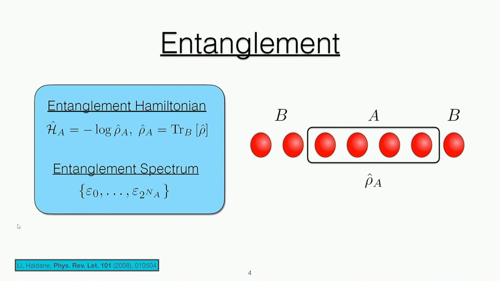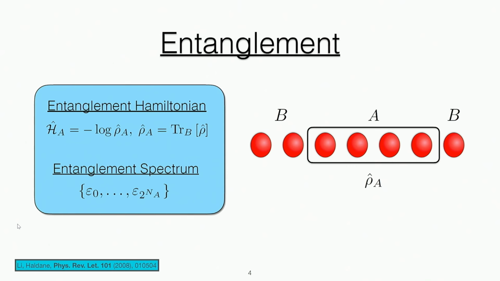Before we do that, let me also talk about entanglement. So we have a system. We can consider a subsystem, which I'll call A, and you can define a reduced state on that subsystem. If you take the log of this, you get something called the entanglement Hamiltonian, which has all the same information as the reduced state, but often has a very nice structure. Part of this structure is in its spectrum, which, surprise, surprise, is called the entanglement spectrum. The entanglement spectrum encodes information about how a system thermalizes.